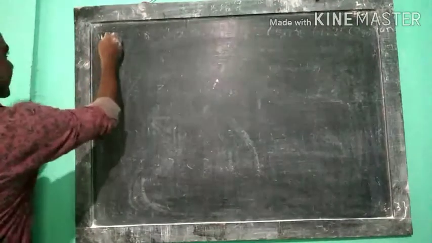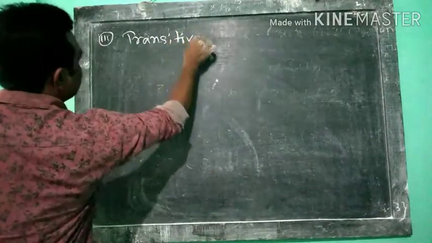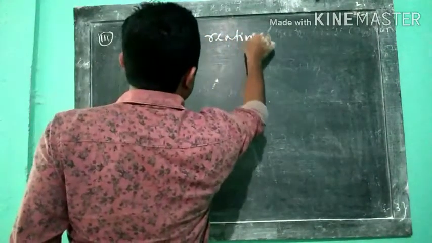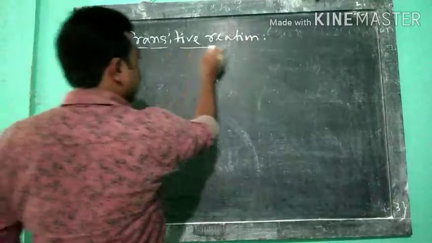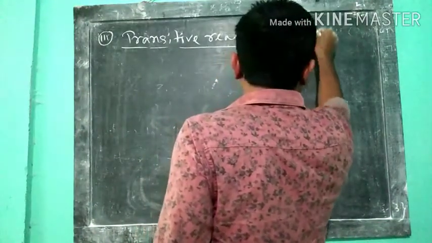Number 3, transitive relation. Transitive relation কেনেকুৱা relation of transitive relation কয় যে a relation